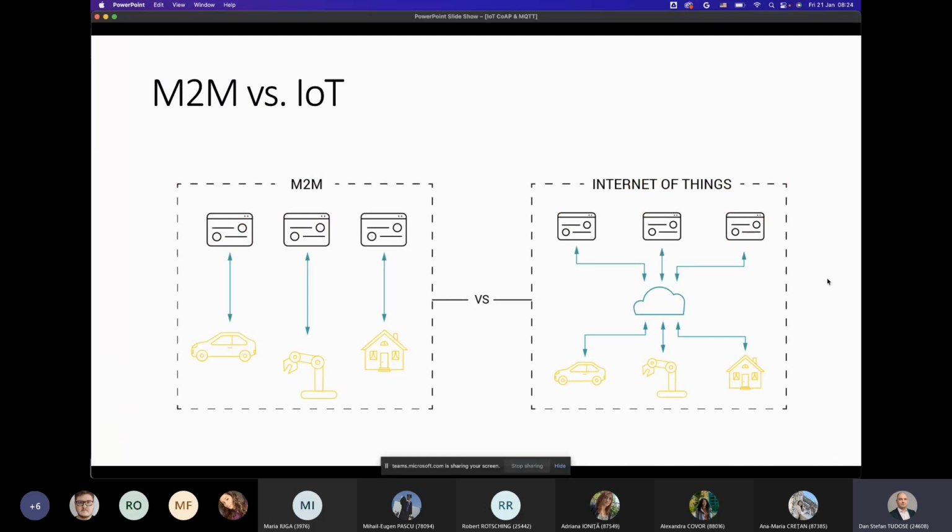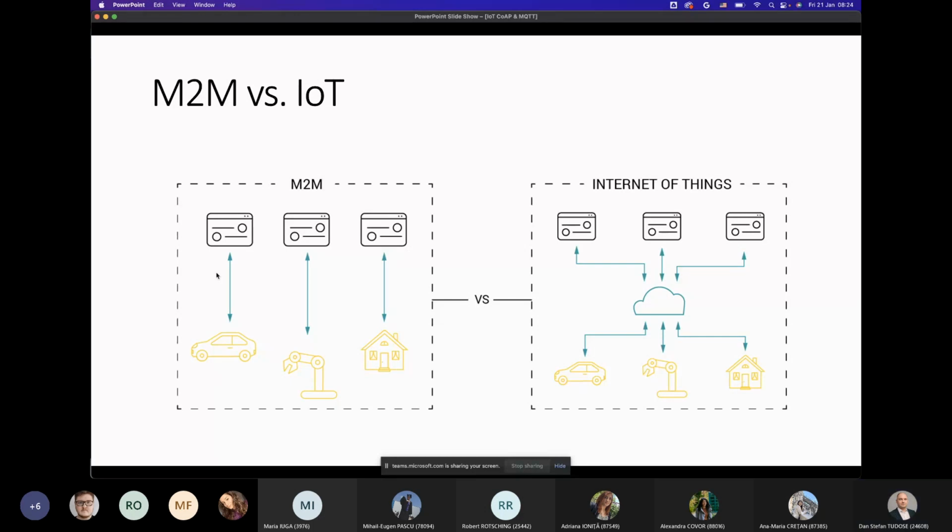CoAP comes from Constrained Application Protocol, and it's a protocol designed for this paradigm of Internet of Things, where you have a clear distinction from how you do things M to M. M to M is machine to machine.